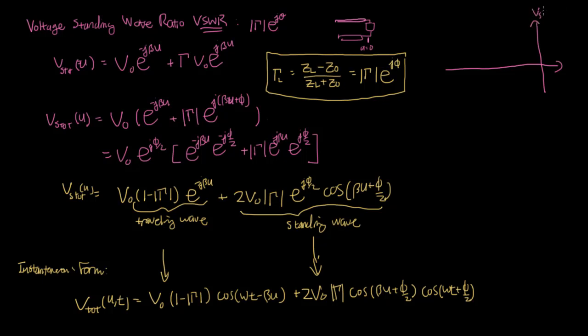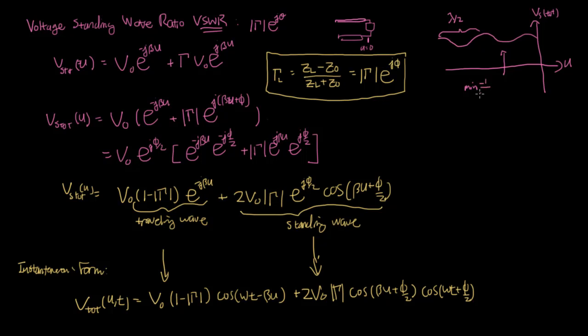So here is your u. This is the measured voltage envelope, and we're going to center this. We're just going to look at the upper half of the envelope that you see here. So you're going to see, just like what we saw before, it's going to go up and down and up and down. And a few things to note is that the spacing between them is going to be lambda over 2. The location of the min is going to be